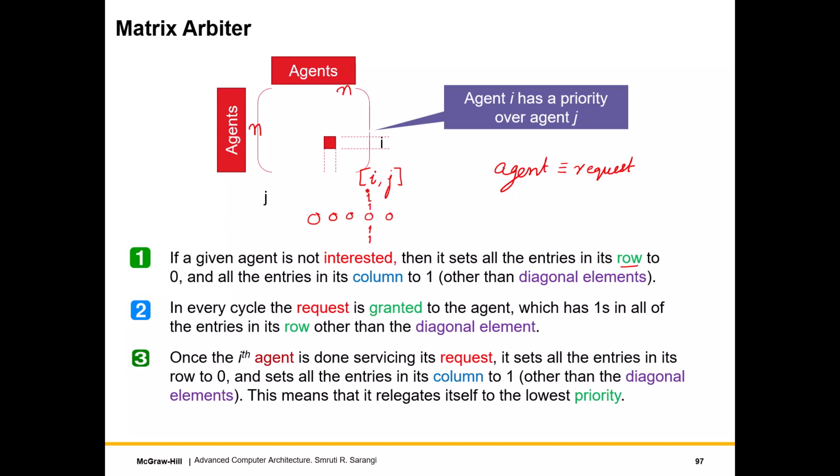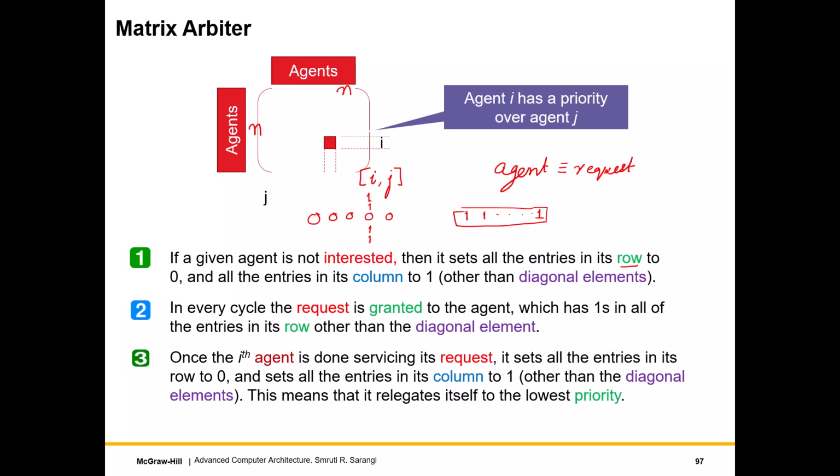And if all of the entries in the ith column are 1, that means everybody else has a higher priority than me. So in every cycle, the request is granted to the agent which has 1s in all of its entries in its row. So basically, who gets it? If you have 1 in all of your entries, again the diagonal element doesn't matter, right? If you have 1 everywhere, you are basically granted the request. The request is granted. This basically means that you have a higher priority than everybody else, and we maintain the